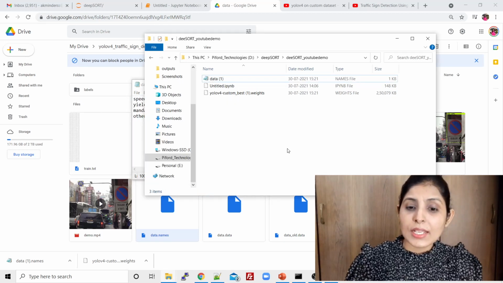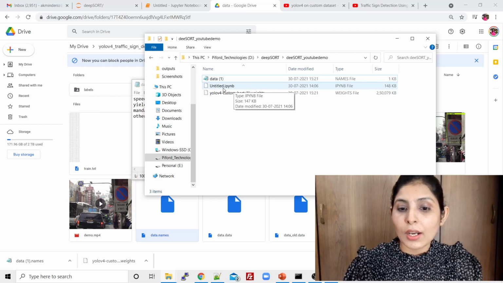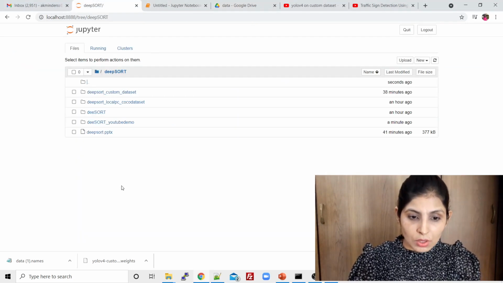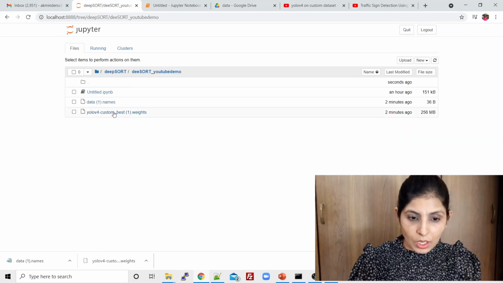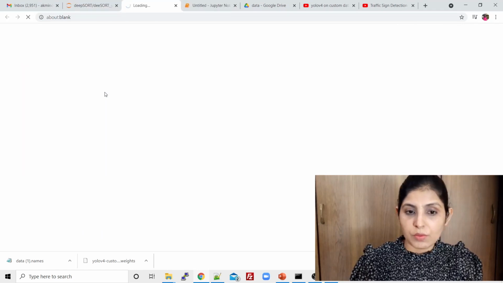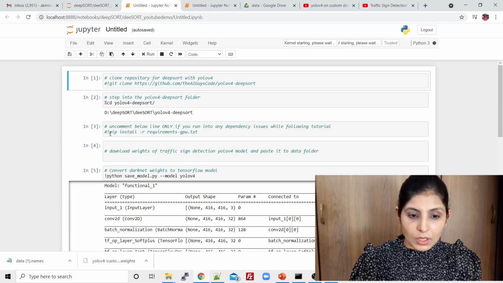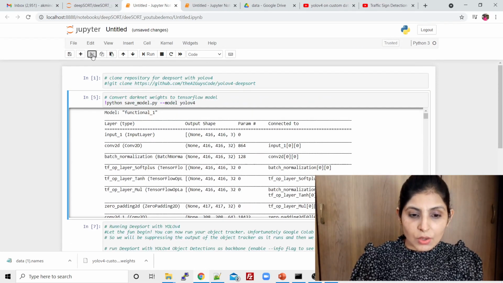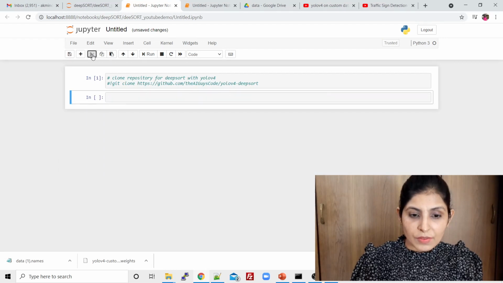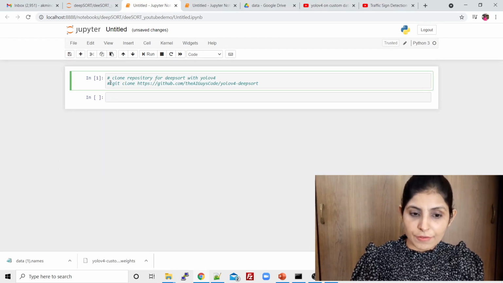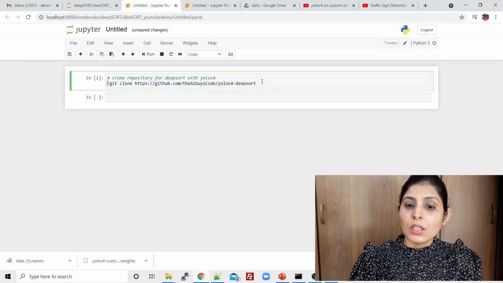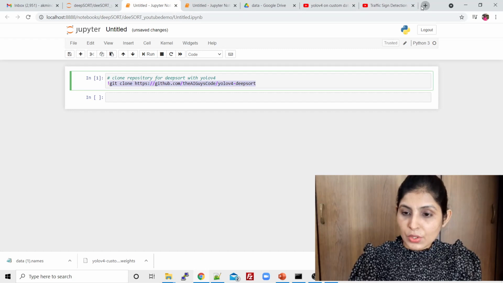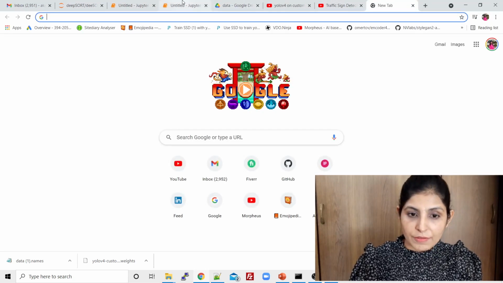Now the next step is, open Jupyter notebook and you have to open this untitled file. So Jupyter demo, and now I'm opening this file from here, right? So okay guys, let me delete all the things. I'll show you each and every code. Okay, so this is the very first line. So guys, I am cloning this GitHub repository. Let me show you this repository first of all.